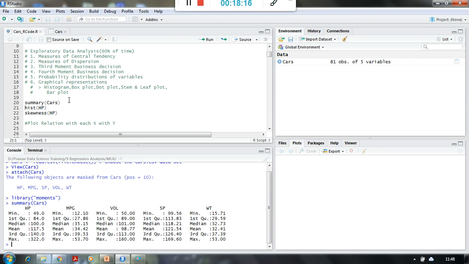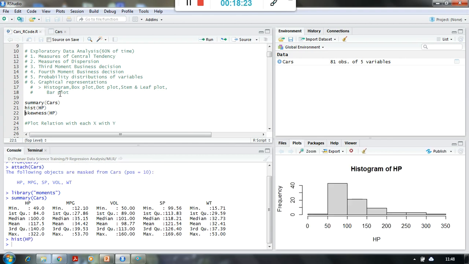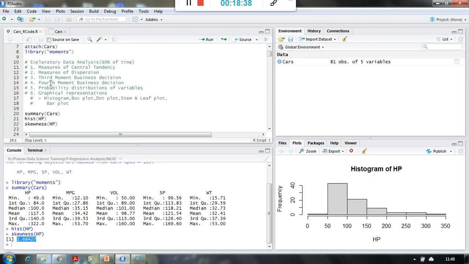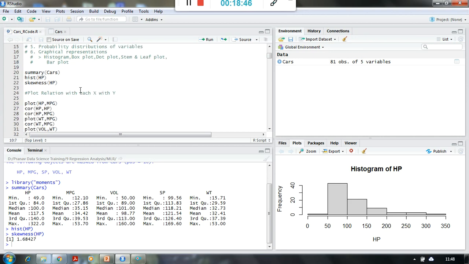So all that, as I said, comes under exploratory data analysis, something like plotting a histogram. I can plot a histogram for all the variables and look at the distribution of the data. Then I can calculate the skewness, and as we know, if we get positive skewness, it means the long tail of the data is towards the right side, right? As I said, we assume that exploratory data analysis has been done already, because we have less time over here.